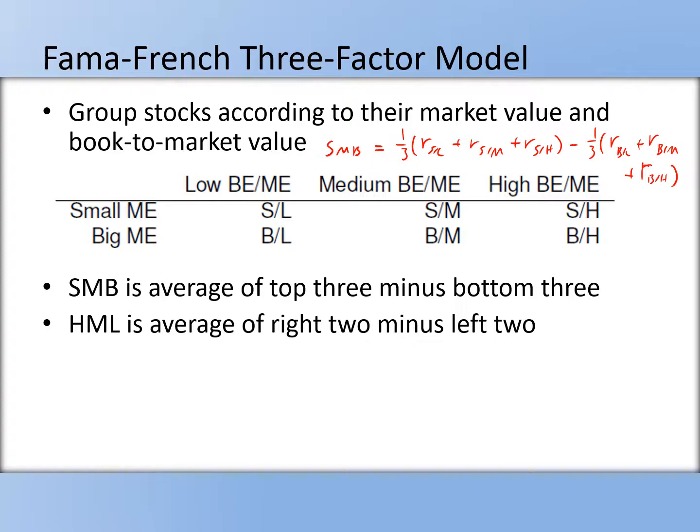So the factor depends on the return. The factor does not depend on the size of the company. The factor depends on return, right? So the idea is to capture the return that the market demands for this particular risk factor. So SMB is actually the difference in returns, the difference in average return. Similarly, the HML would be